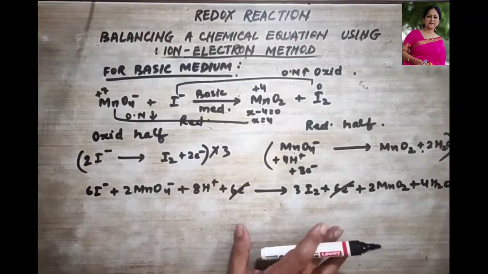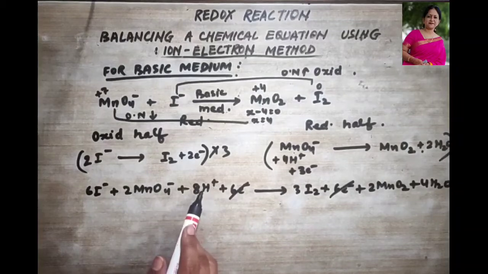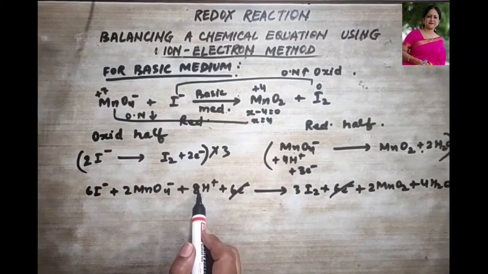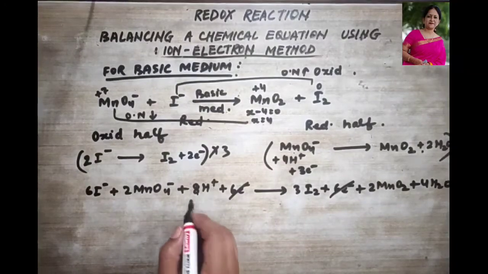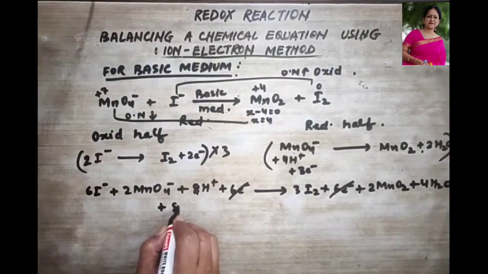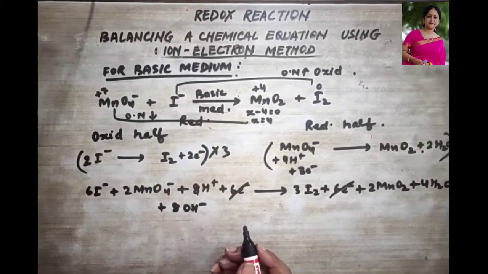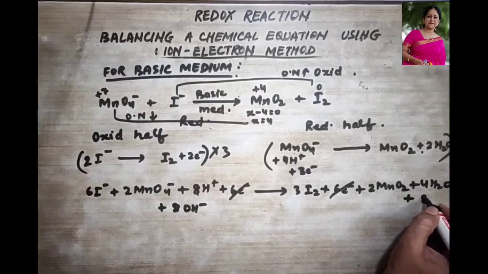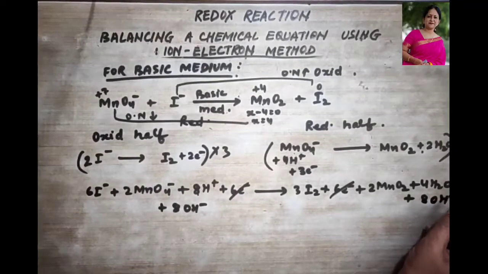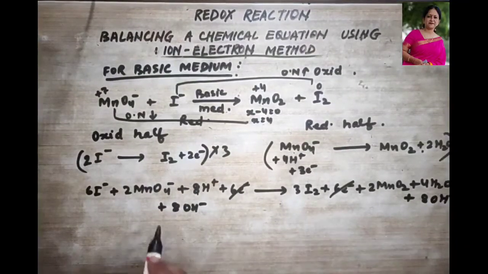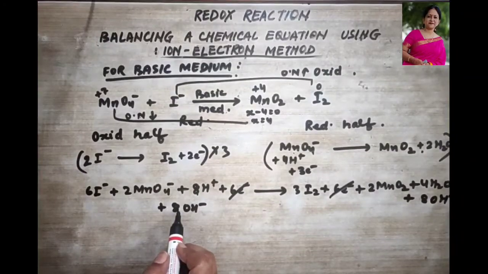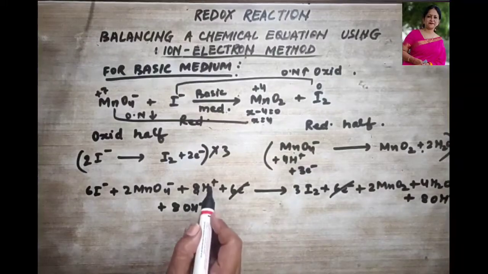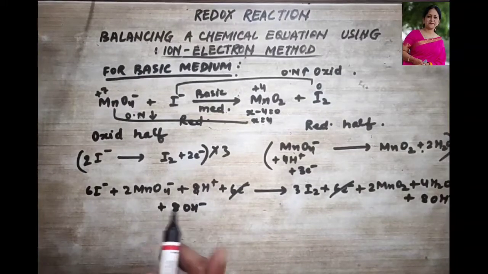How? To both sides, as many hydrogen ions are added to one side. So how many hydrogen ions are added to one side? 8. So over here we add plus 8 hydroxyl ions. If we add 8 hydroxyl ions over here, we add 8 hydroxyl ions over here also. Got it? Now look, 8 hydroxyl ions and 8 hydrogen ions. What do they make? Hydroxyl ion and hydrogen ion make a water molecule.